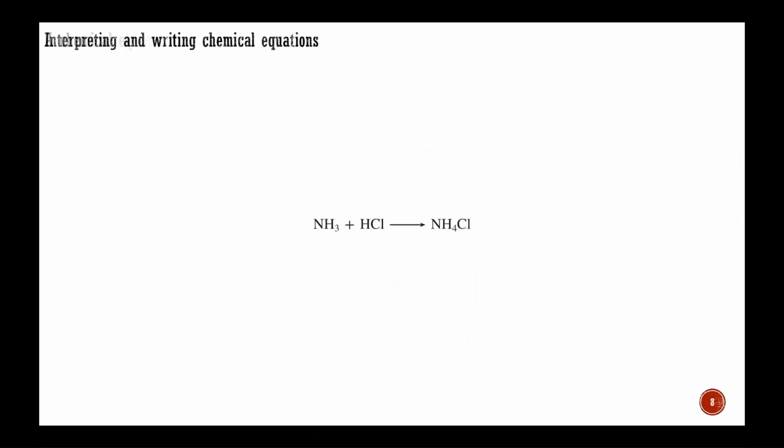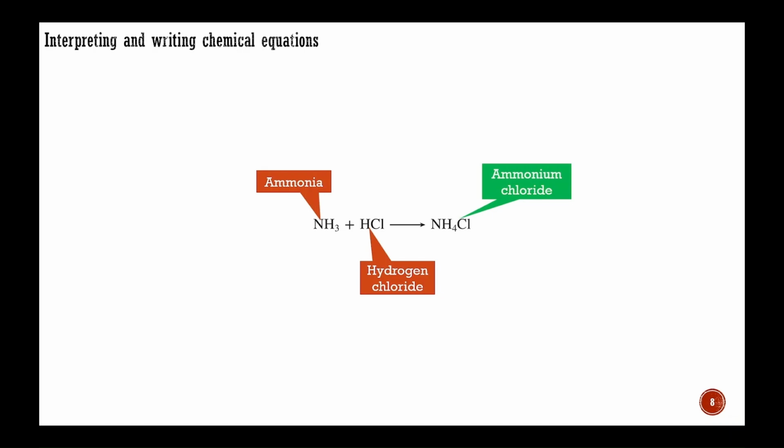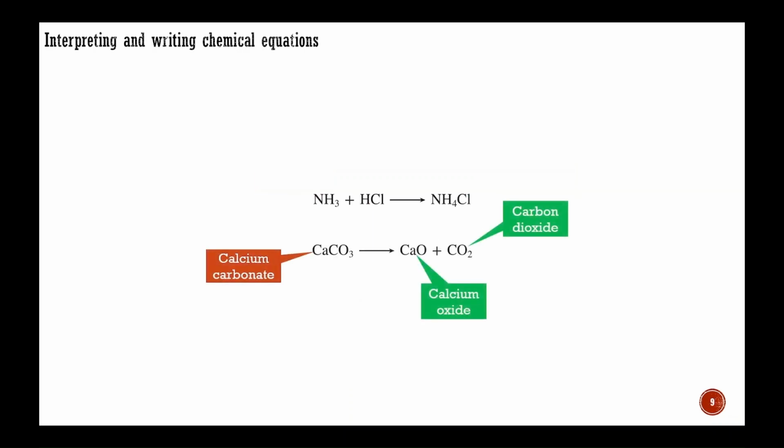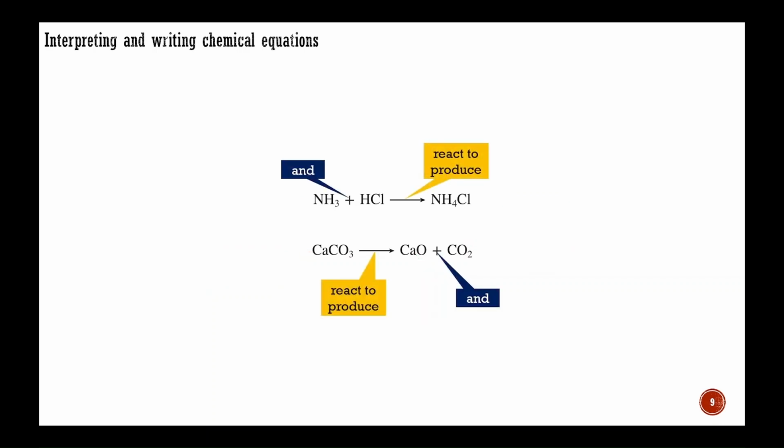A chemical equation represents a chemical statement. When you encounter a chemical equation like the one presented here, you may find it helpful to read it as though it were a sentence. For example, you can read this chemical equation as ammonia and hydrogen chloride react to produce ammonium chloride. Below, you can see another example, which can be read as calcium carbonate reacts to produce calcium oxide and carbon dioxide. In this context, the plus signs can be interpreted as the word and, while the arrows represent the phrase,